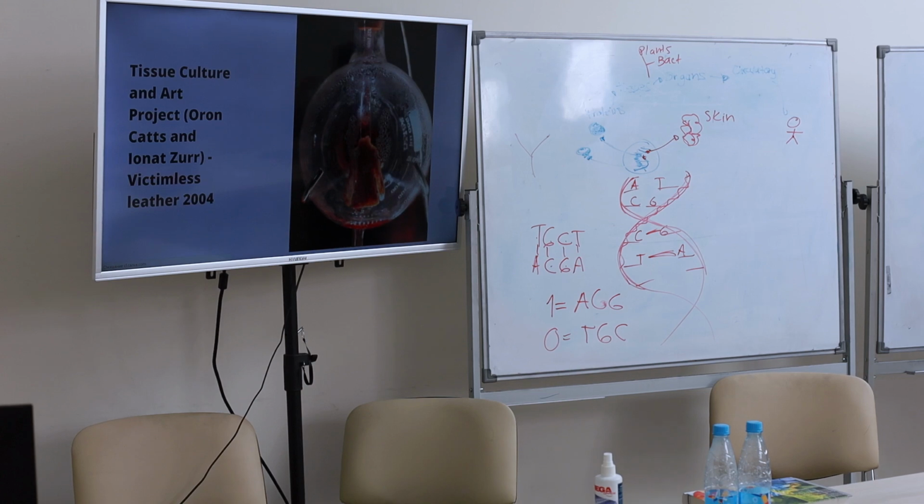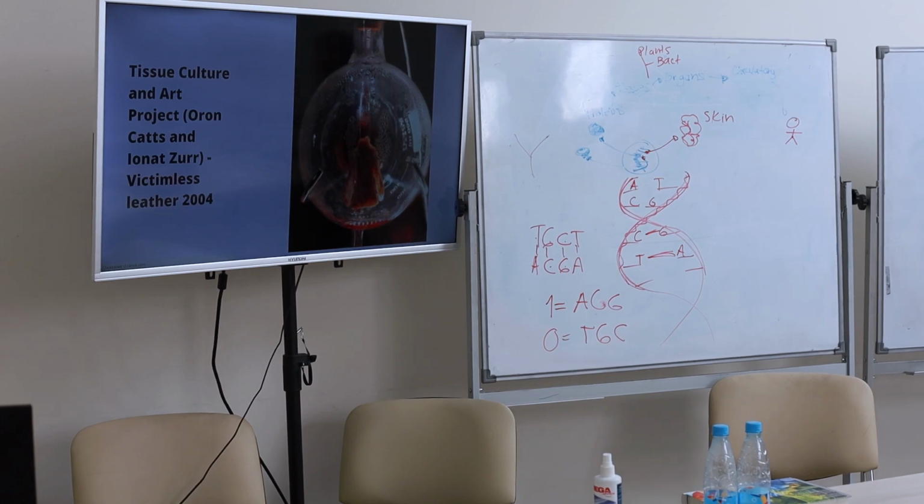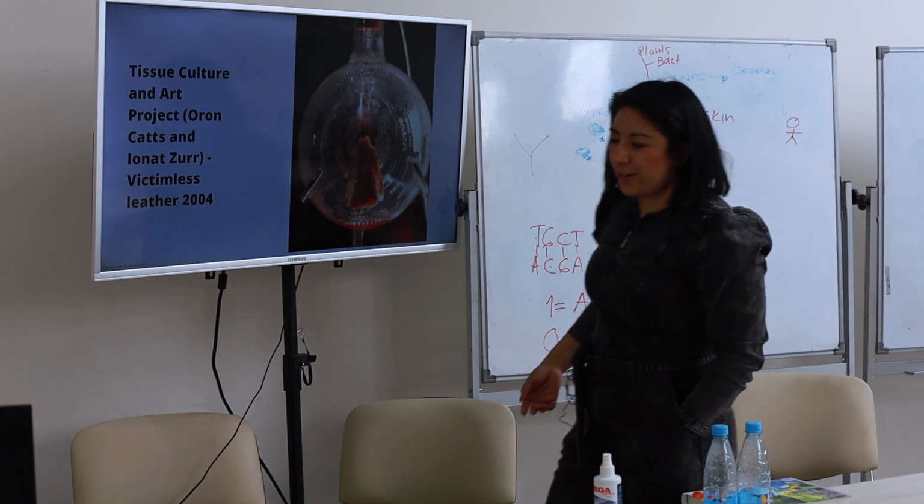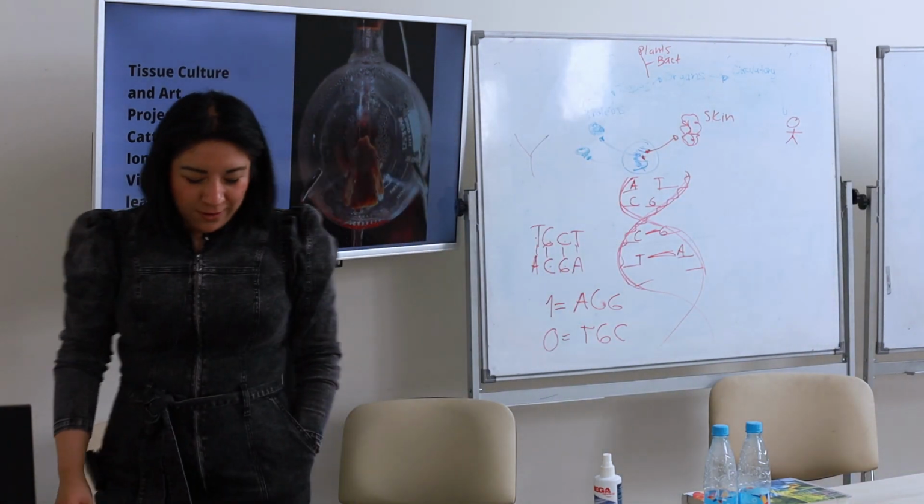What do you see here? What does it look like? A piece of skin, like a coat, a piece of clothes. Correct. So, well, it is like a jacket or like a dress, but the author said it is a jacket, and it's called